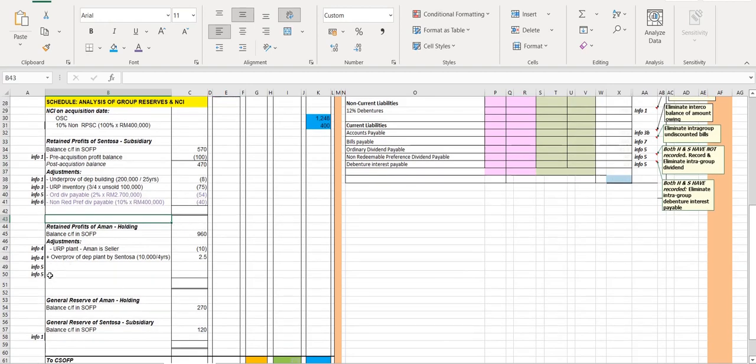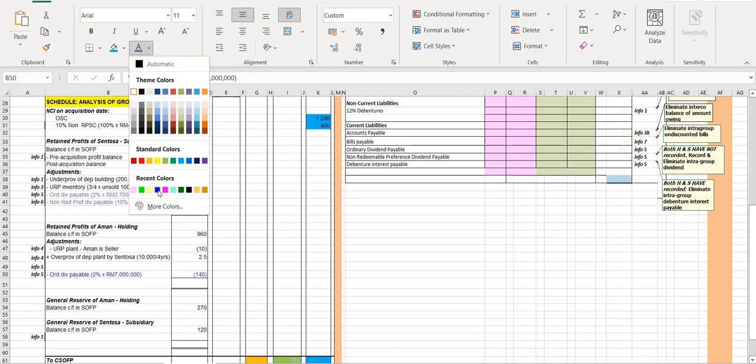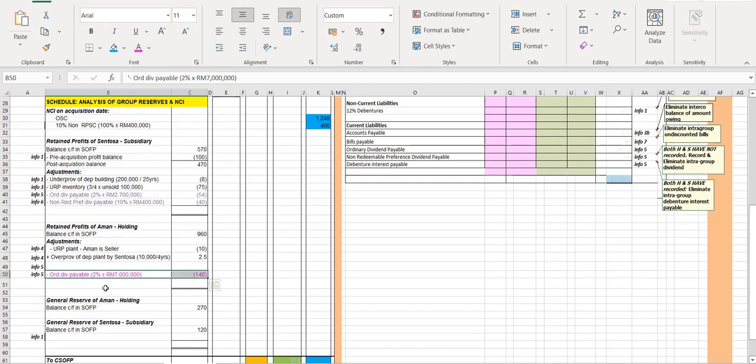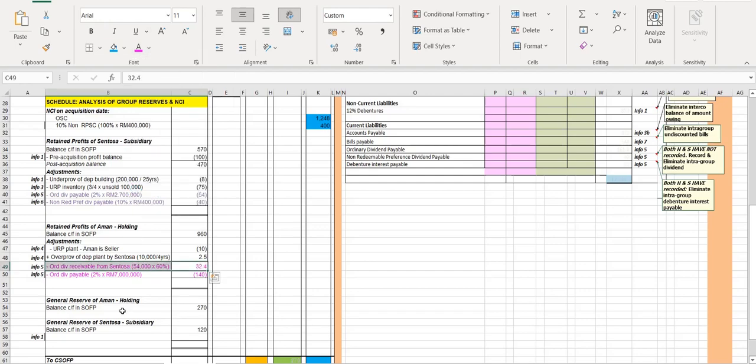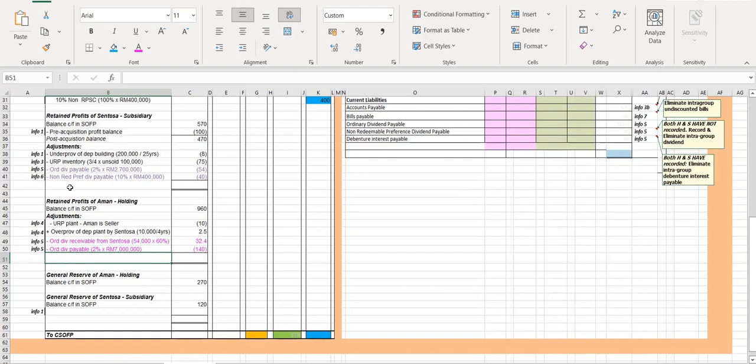However, in the subsidiaries part, it was the case, but if you look at the parent, you would see that in the parent there was ordinary dividend payable, and at the same time there was some income from the subsidiary, right? So that is this 54 multiplied by 60%. So the consolidation adjustment has to be done. We have done that, so most of the adjustments are being done here. What we need to do is to complete the calculation.